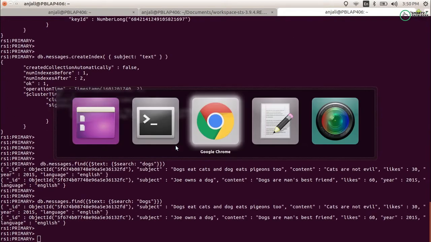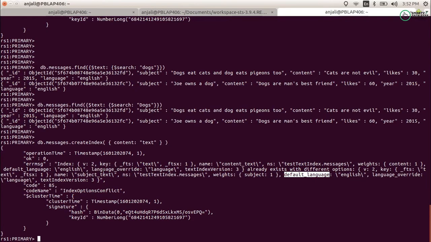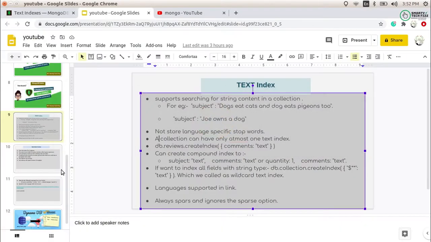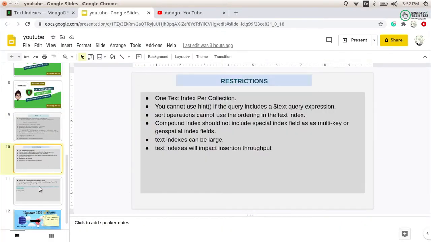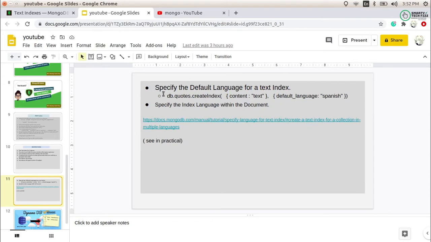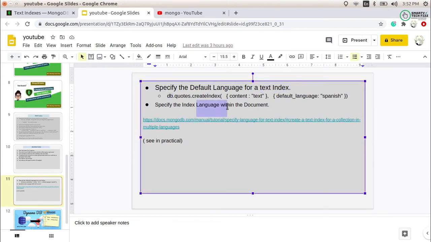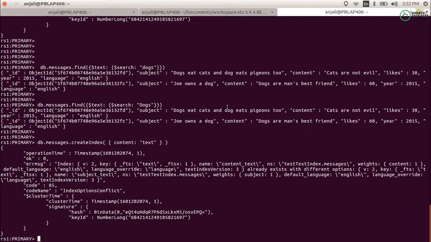Now next, here you can see the options provided. Here are the language override and default language. These two things I have already mentioned in the previous video, what they mean. We will see in the next part how to implement that, but for now we will skip it.